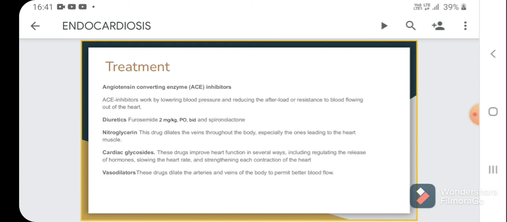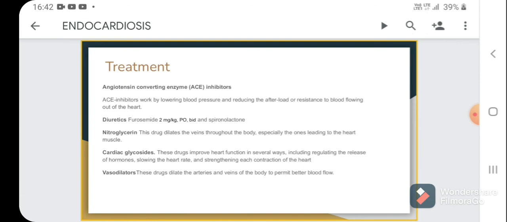Okay, ACE inhibitors are the only drugs proven to extend life expectancy in both people and dogs. Examples are enalapril and benazepril. They are commonly used ACE inhibitors in dogs. Next are diuretics. These are drugs that stimulate the kidney to remove excess fluid from the body. These are furosemide and spironolactone. These are the most commonly used diuretics in veterinary patients. Whenever we encounter a patient with congestive heart failure, the first drug of choice is a diuretic, so that excessive fluid can be removed from the body.